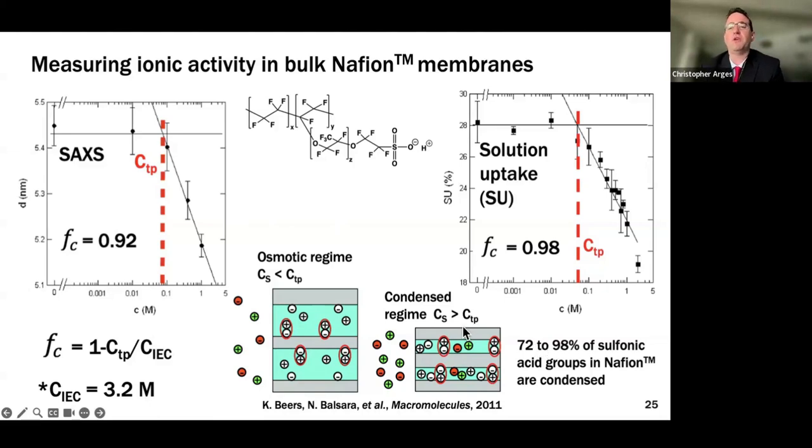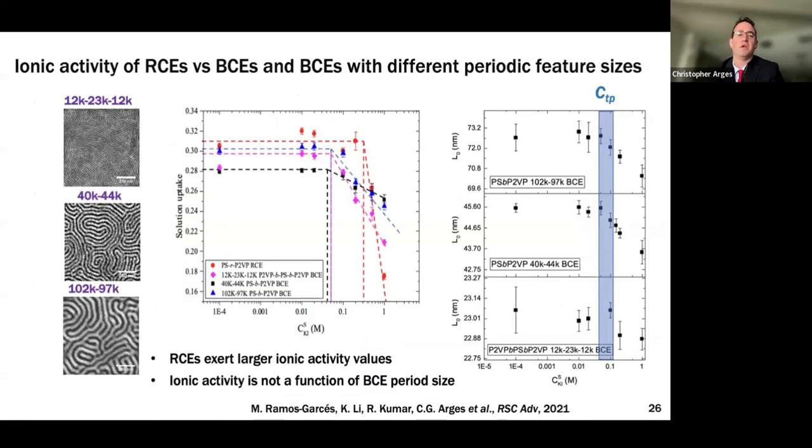But what they were really surprised to see is that they argued that a large contingent of the ions in Nafion are, quote unquote, condensed. So this idea that these condensed ions don't contribute to activity seems like it would hinder conductivity, but our work and other people's work have notably shown that it's actually the condensed ions that transport a lot faster than the non-condensed ions within the film.